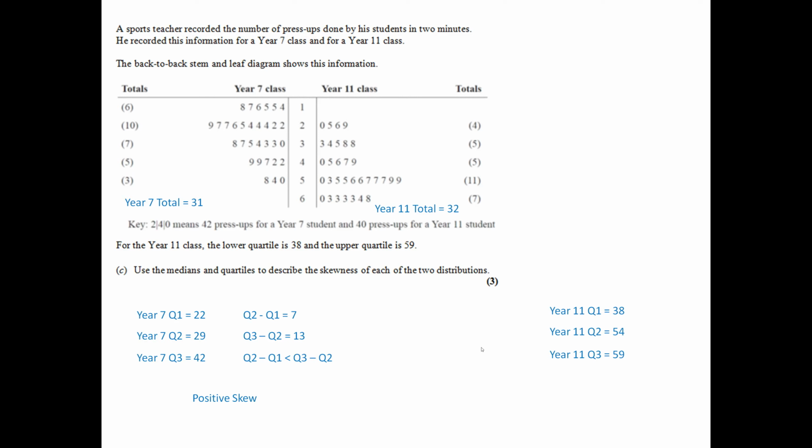For Year 11, Q2 minus Q1 is 54 minus 38, which is 16. Q3 minus Q2 is 5. So in this case, Q3 minus Q2 is the smaller one. Q2 minus Q1 is larger than Q3 minus Q2. Hence, we have